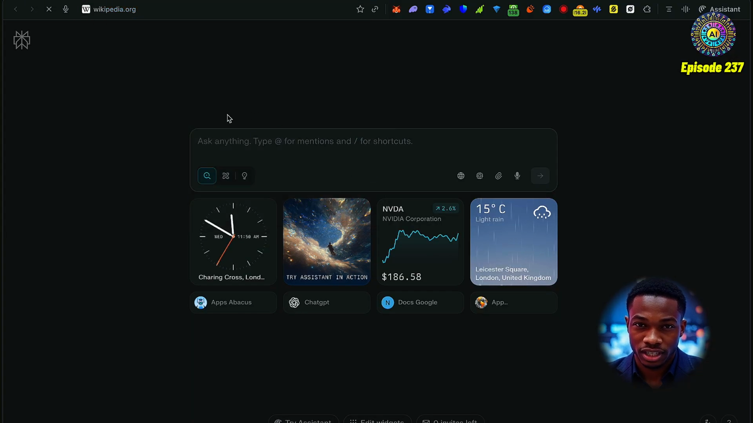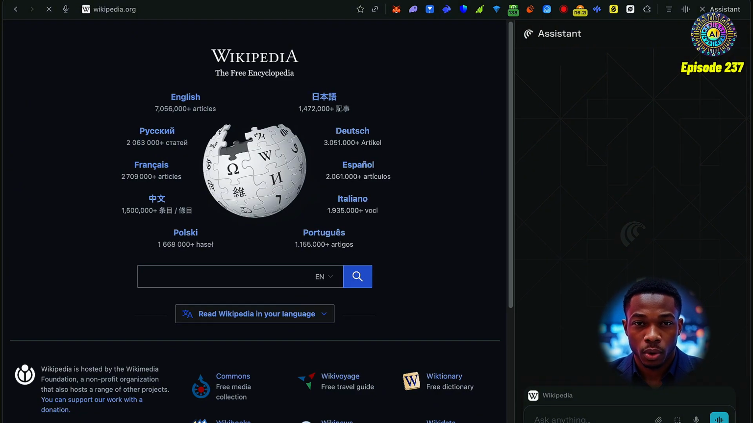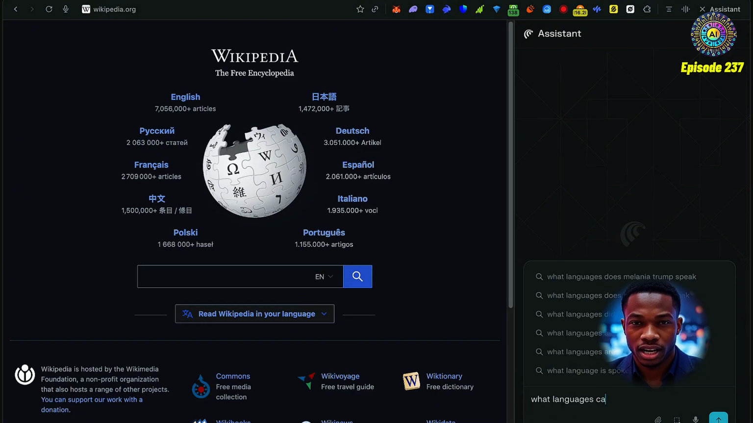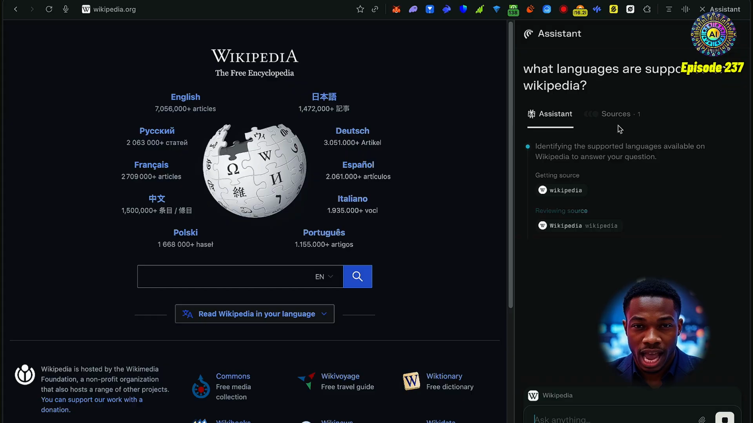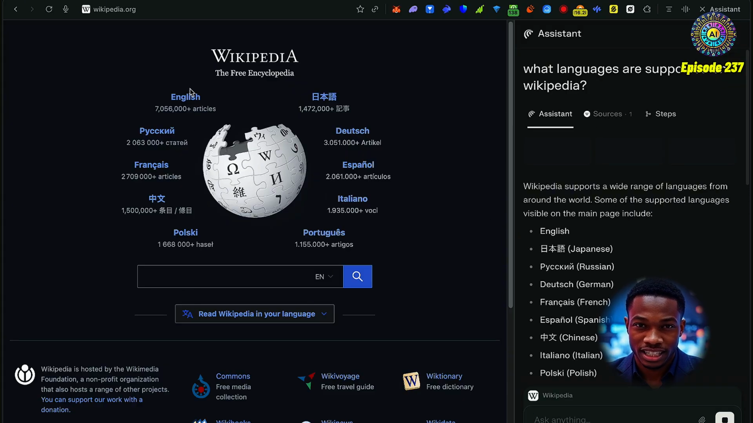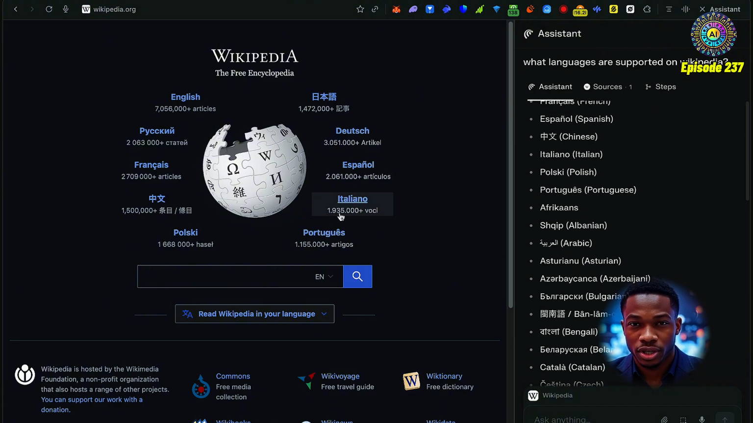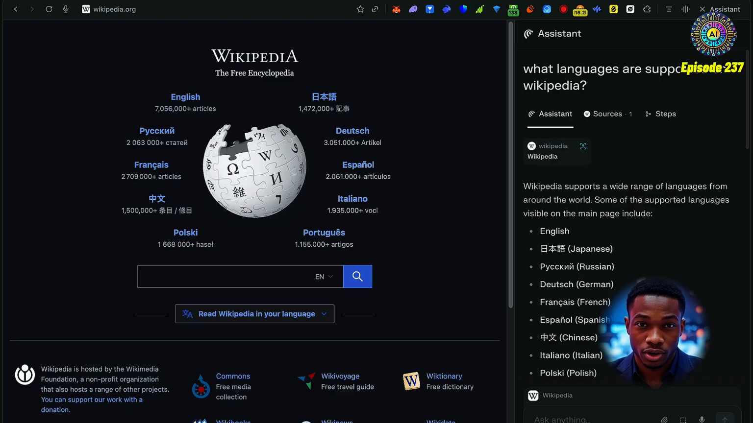So let's say I go to wikipedia.org and then I open up the assistant and I say, what languages are supported on Wikipedia. Now, I don't necessarily need to be on this page for that, but as you can see, it's identified this page that I'm on as the source, and then we've got the answers there. So yeah, really interesting browser. There's a whole lot of cool things you can do with it. It's also a great way to actually make sure you can retrieve any information that you would have seen on